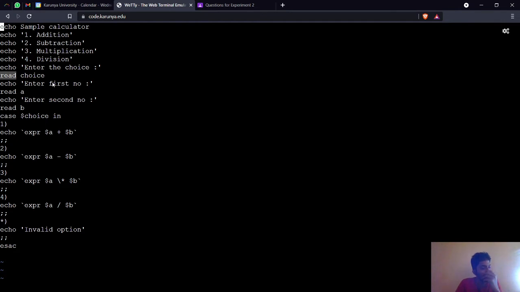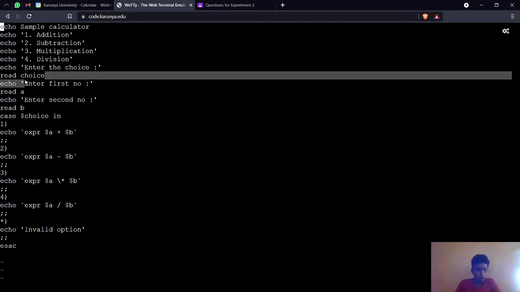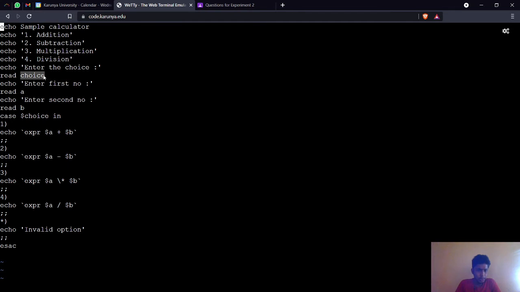The read command is used to get input from the user. I am storing it in a variable called choice, which is created instantly, and the user-given data will be stored in choice.